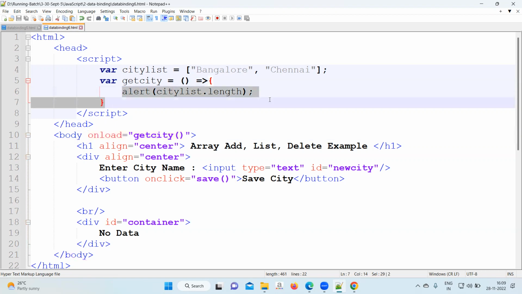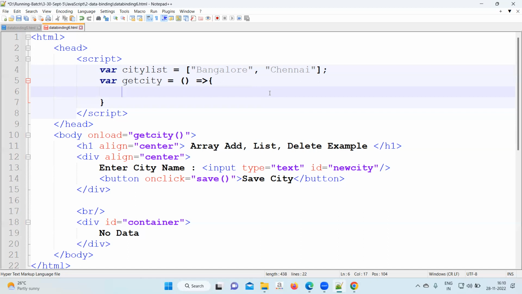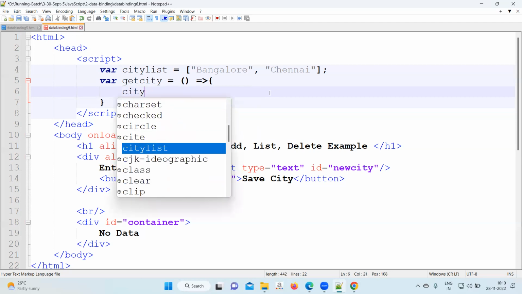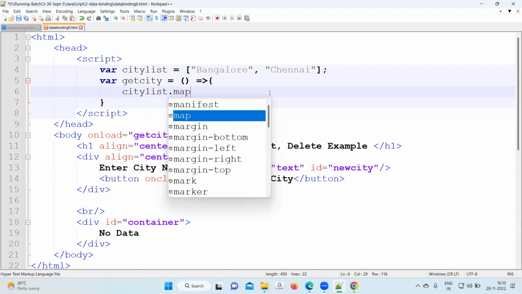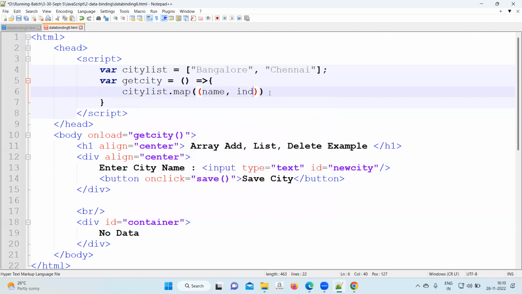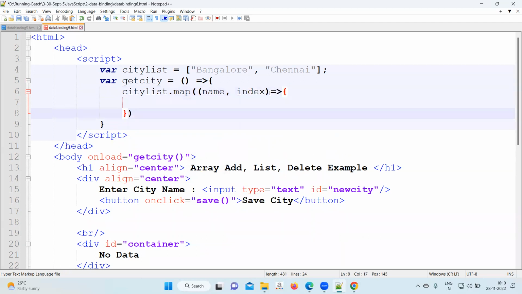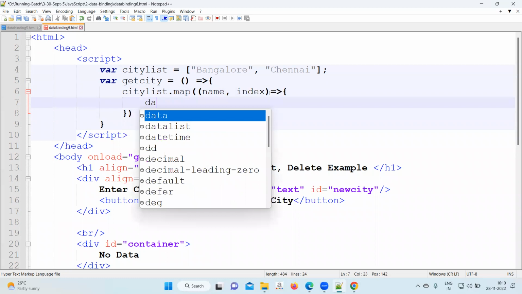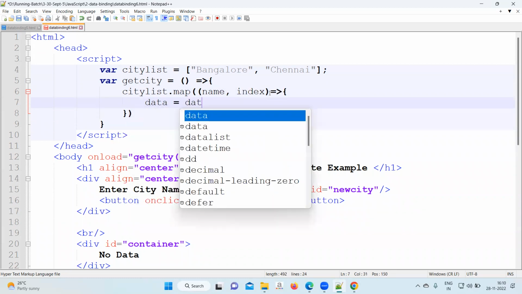Now go to the function and let's generate the number of divisions. So like this, data equal to, we have written in the last also, map. You have to run city list dot map. Name of the city as well as index of the city. Come inside, data equal to data plus,